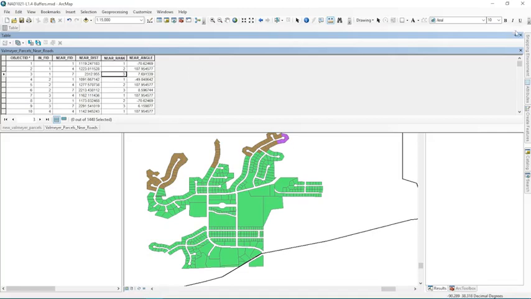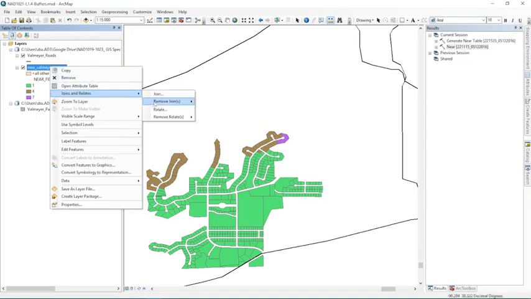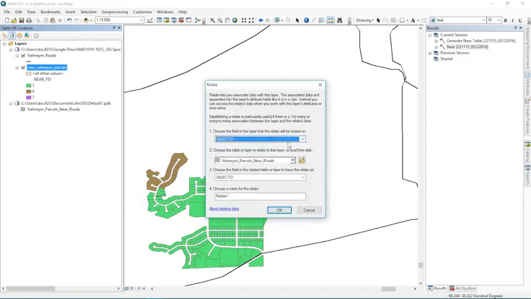Now, I can't just join this in because there are multiple records per feature, but I can create a relate or relationship class to handle this instead. So I'll go to joins and relates and relate, and I'm going to select object ID here. Then I'm not joining to the object ID field in the Valmeyer parcels near roads table, because remember that's just the primary key for that table. Instead, I need to do the input FID here, and then I'll do near roads as the name for the relate